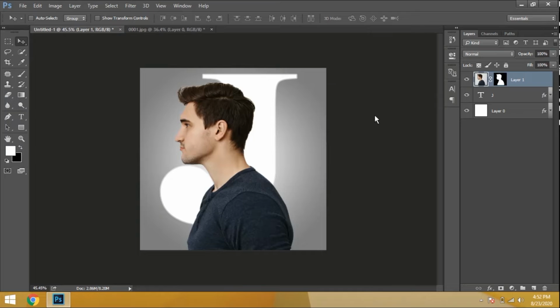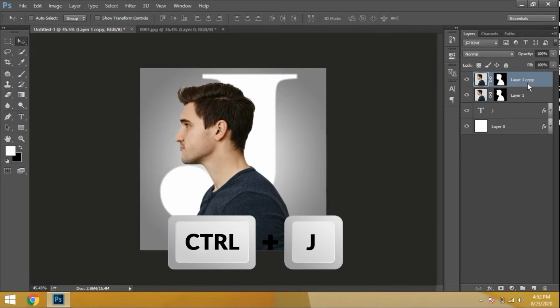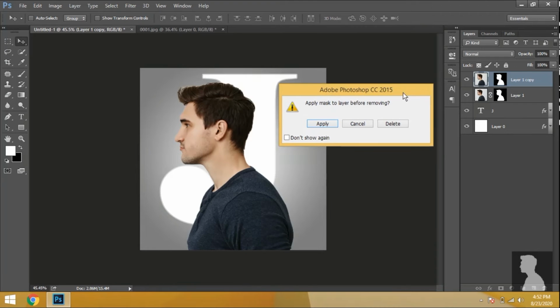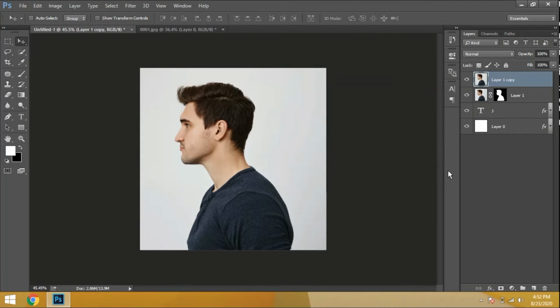Okay. Now to make a duplicate of this layer, Control J to duplicate this layer. We have a chain link in between the layer and the layer mask. Just remove the chain link. You can remove this mask directly and keep it in the trash layer. Then automatically we can delete the layer mask. Then we have a text layer here, friends. To get the text layer selection, just hold Control on the keyboard and click on the thumbnail of the text layer.